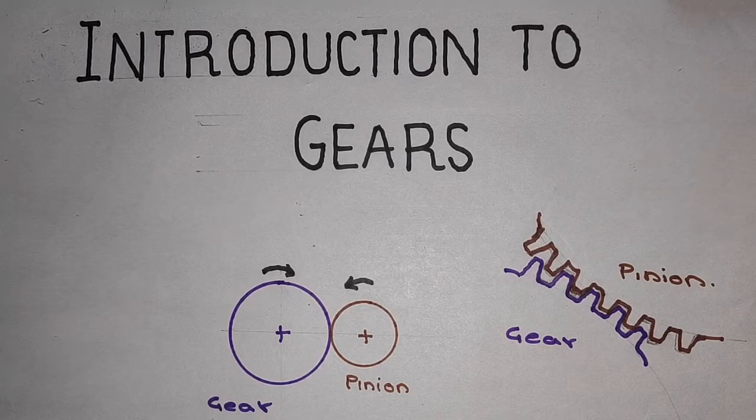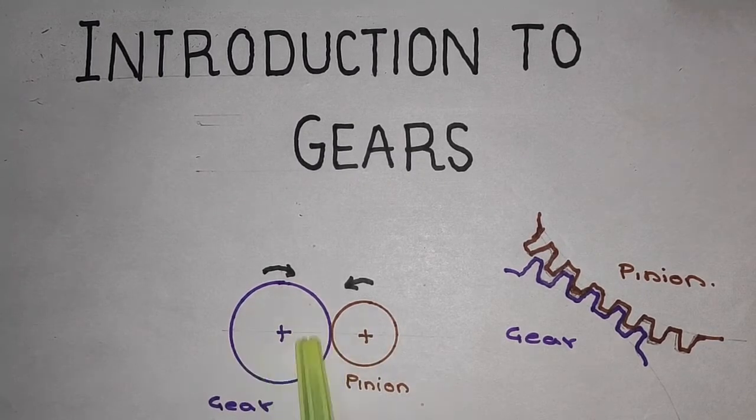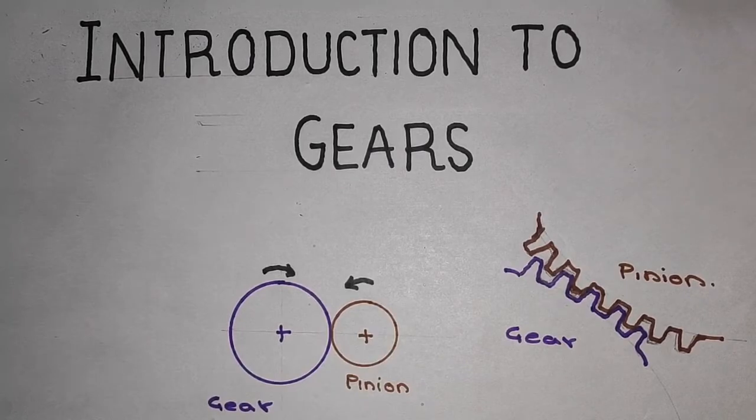Gears are used for the purpose of transmitting rotary motion between two or more shafts. In this case we have two shafts, so the motion of one gear will transmit the motion to the second gear, the second shaft. So it is transferring rotary motion between two shafts. It can even transfer motion between two or more shafts with a constant velocity ratio of the system. In further classes we'll be seeing what this velocity ratio is.